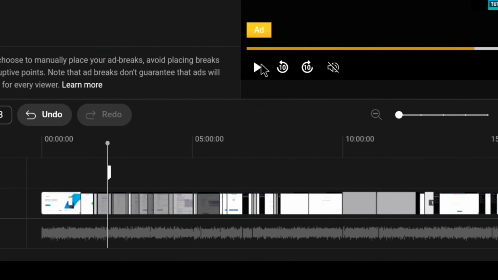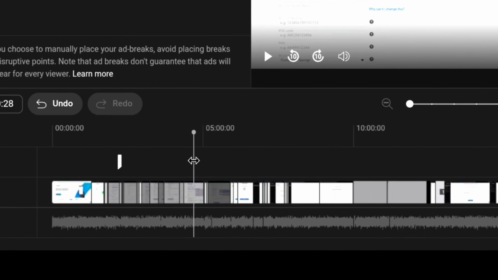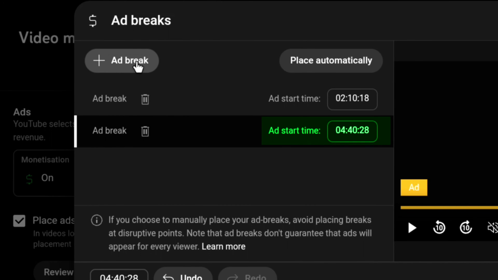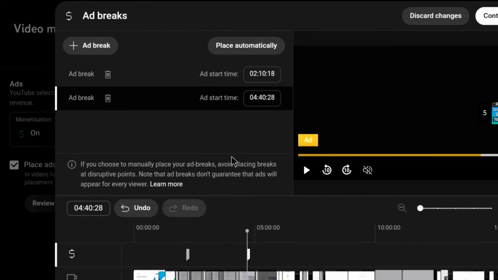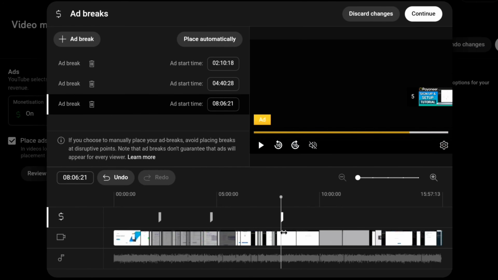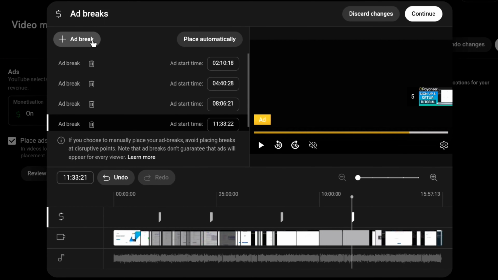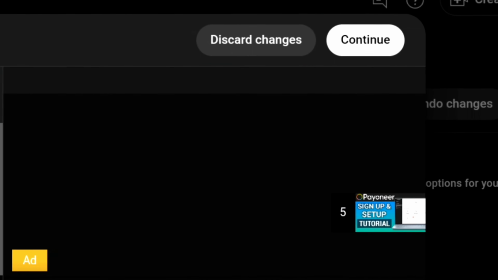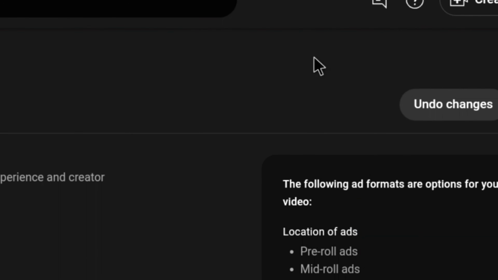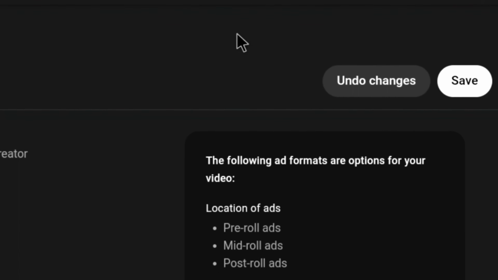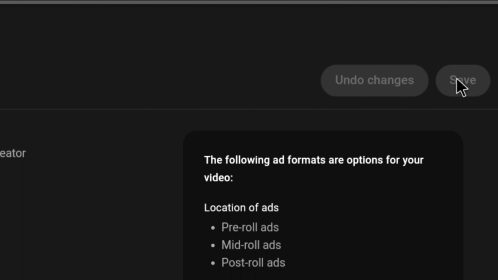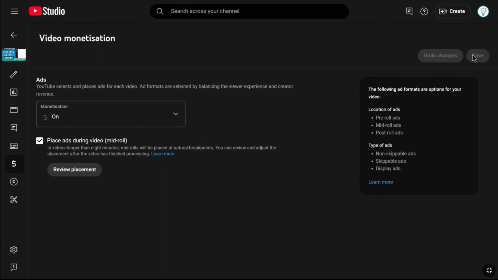Now let me select another timestamp and click on ad break. And here another ad has been placed. As this video is nearly 16 minutes long, let me put 2 more ads. And that's it. Now here you can see 4 mid-roll ads have been added. Once you successfully put multiple ads on your longer video, at the top right, click on continue. And now to save these settings, again at the top right, click on save. And that's done. That's how you can set up and put multiple ads on your longer videos to boost your